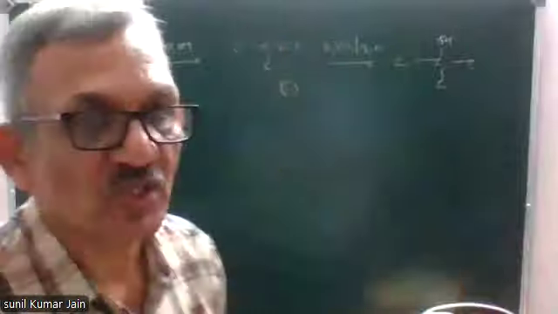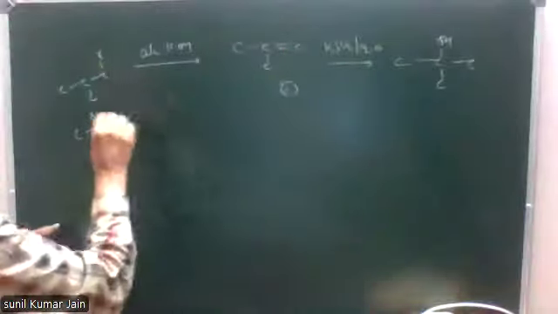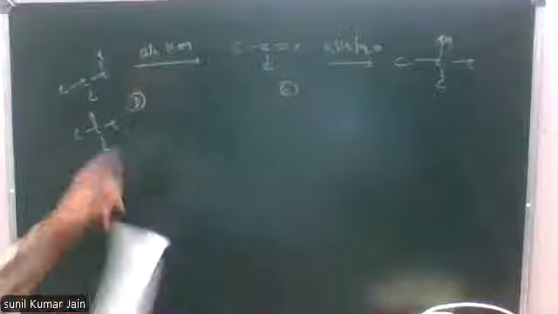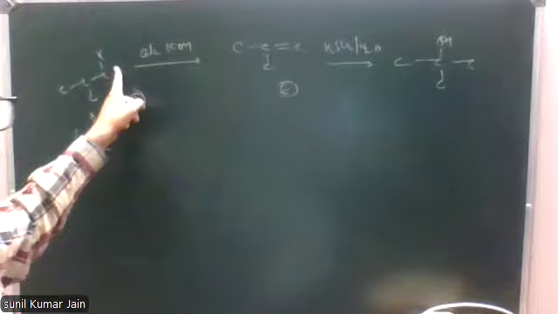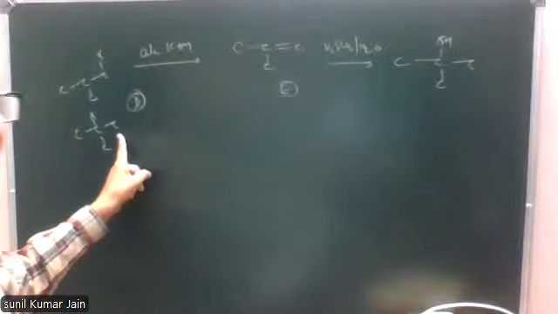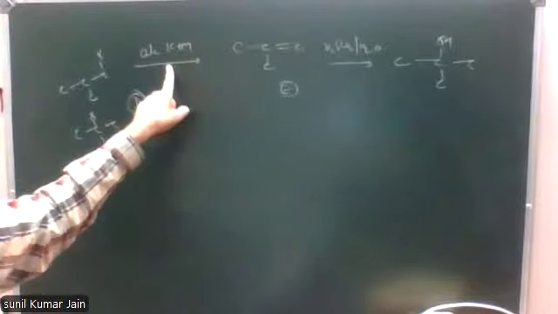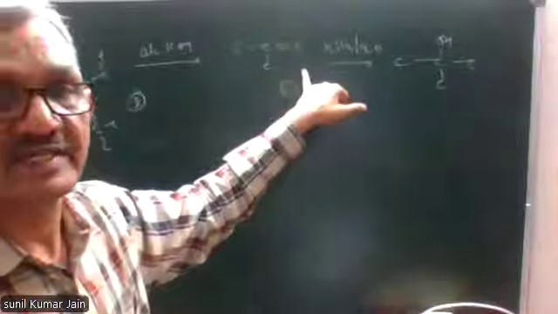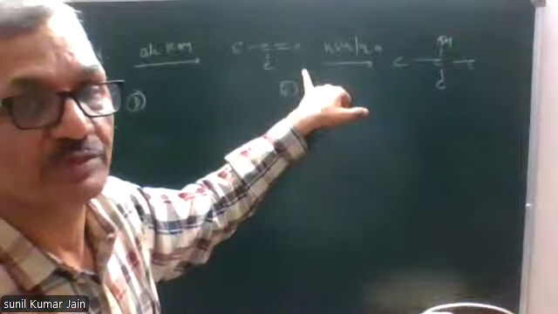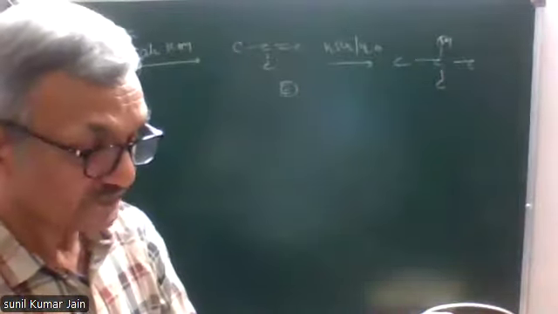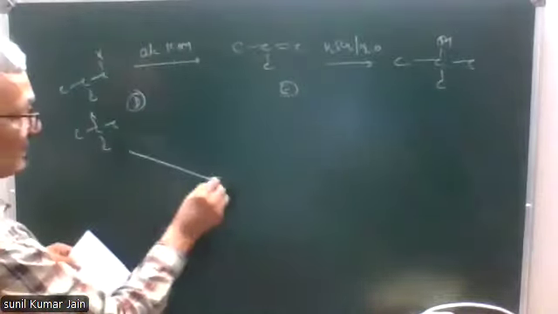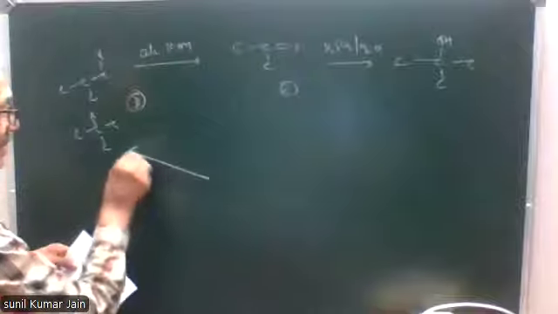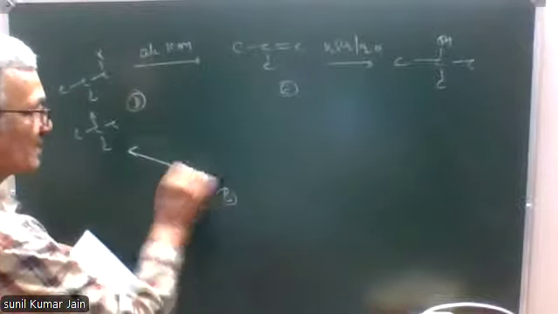There are two answers possible for D. D may be isobutyl halide or maybe tertiary butyl halide. Both will react with alcoholic KOH and give the same product, that is isobutene, that is 2-methylpropene. Now, this D is obtained by the reaction of B with C,